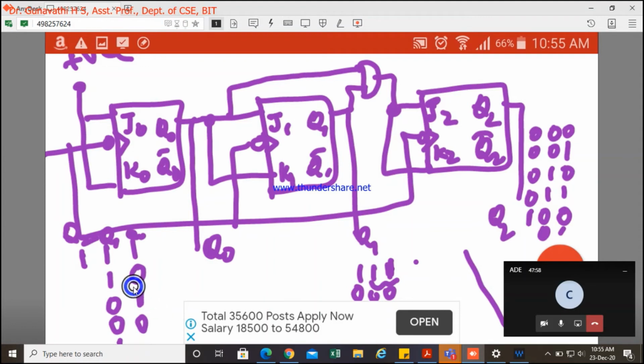Yes, ma'am. So when we know what is Q0 and what is Q1, we need to compute Q2. For Q2, Q0 bar and Q1 bar, right? When both were 1 1, it was working. Now when both are 0 0, the complements will be 1 1, so it will enable. So 1 1, 1 0, 0 1: all these AND gates were disabled.